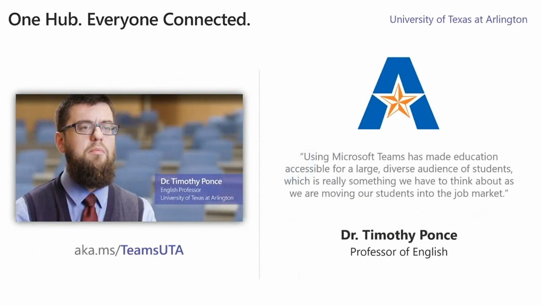To illustrate that, we're going to start with University of Texas at Arlington. We're talking about 60,000 students. This is before the pandemic, by the way. They already had over 25% of students online. And basically, the story here starts with Dr. Ponce and the challenge to make sure students had the support they needed using channels that make sense for them. So I'll run a video here. You'll be able to hear from UTA how they're doing that.